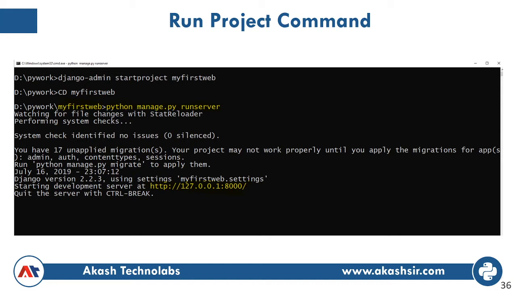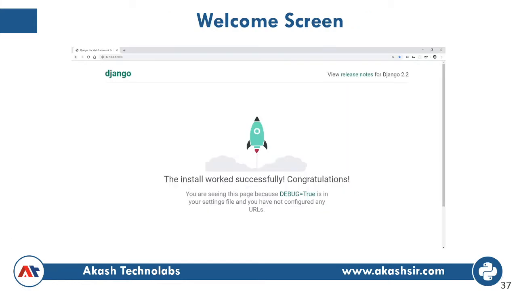The command will be python manage.py runserver. This command will run your Django project on 127.0.0.1 at port 8000.